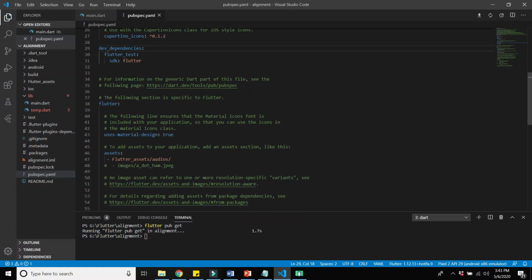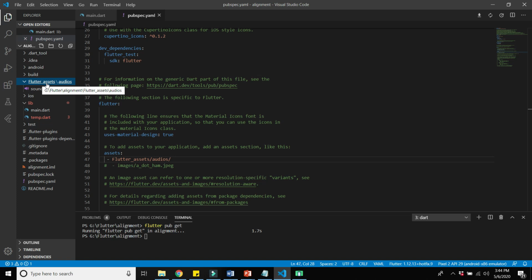To include the assets, just uncomment the lines that are present in the pubspec.yml file. Just uncomment this and include the folder flutter_assets/audios/. Here I already created the flutter assets folder and also the audios folder, and in the audios folder the sound.mp3 file is present.